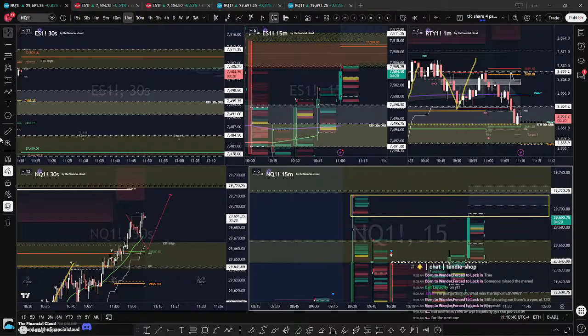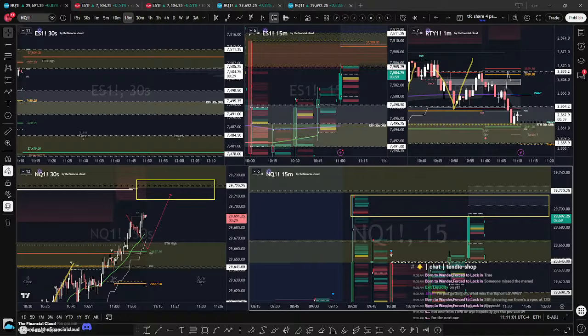If we can flip it though, we'll use this as a really nice supportive ledge once we flip 720 for expansion potential. Just remember, you can look on footprint and see why we care about this area, right? This is that stacked imbalance from our sell side this morning on ES into this 706, 710 area, which is why it was our target. We want to see us flip these areas. Same thing on